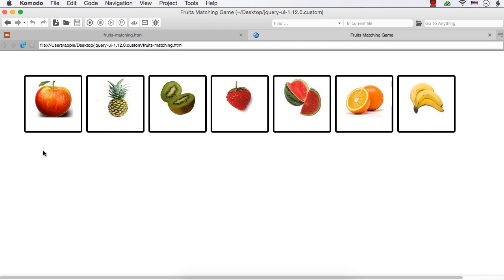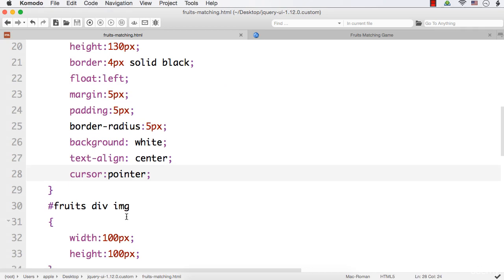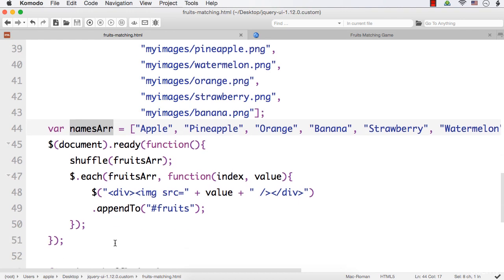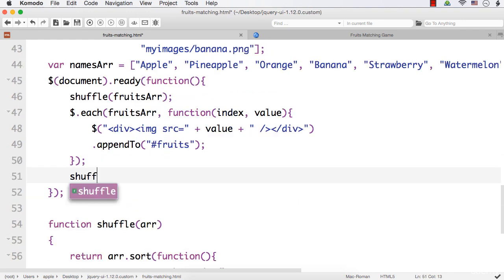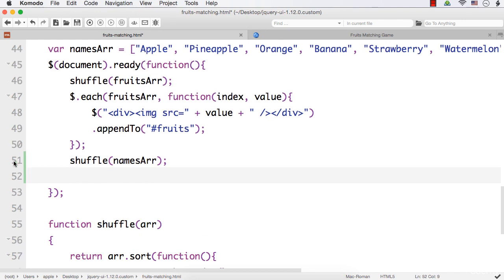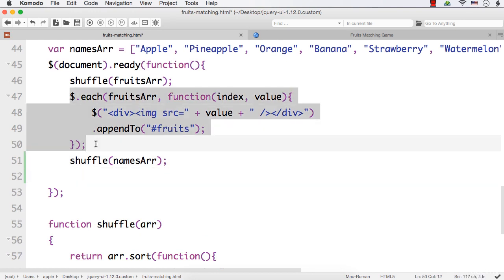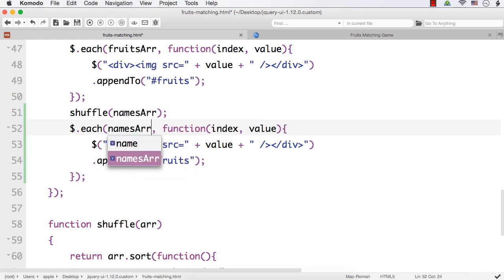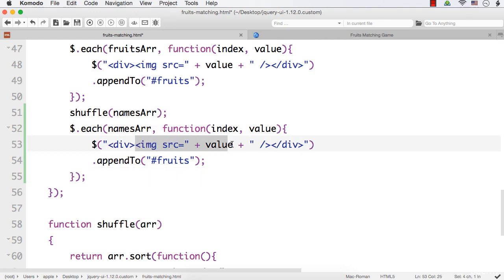Next, let us try to add the names as well, like this. That is, we have to shuffle this names array and then do the same thing. Okay, so let me do that. Shuffle namesArr, which will shuffle the items. Then similar to this, I need to have an each method. So let me copy this, paste it. Here it should be namesArr. Okay, function index value, and within the div I just want to have the value,